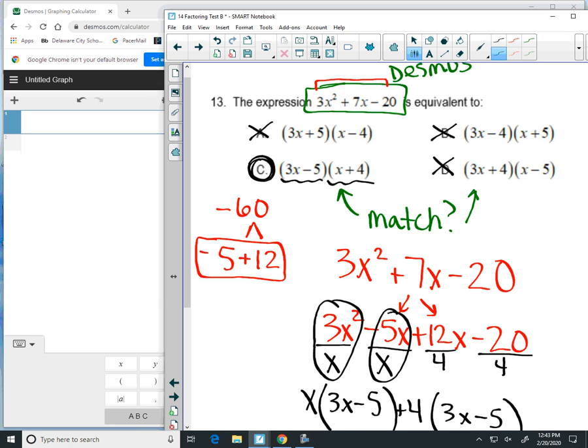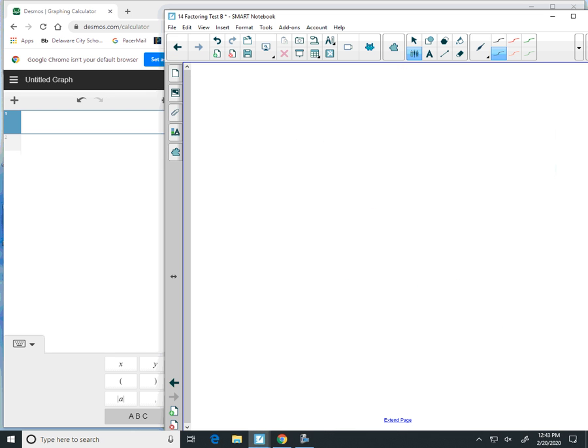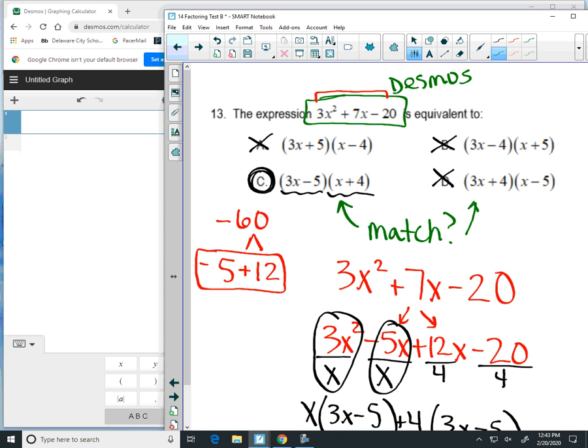Again, you could also use Desmos. If you're going ABC, it would be the third one that you enter. When you're entering in Desmos, you just gotta make sure you're being very careful. Yes, good question. So when you're asked to show your work or how did you find your answer, then you would just write use Desmos. Or you could write guess and check in Desmos. And you could say A, no, B,